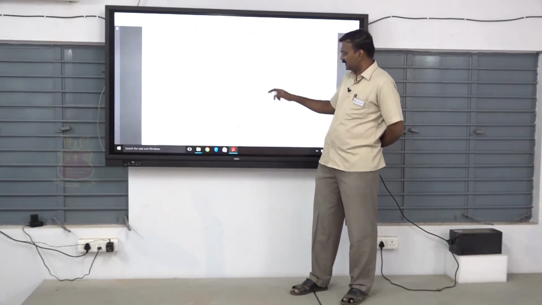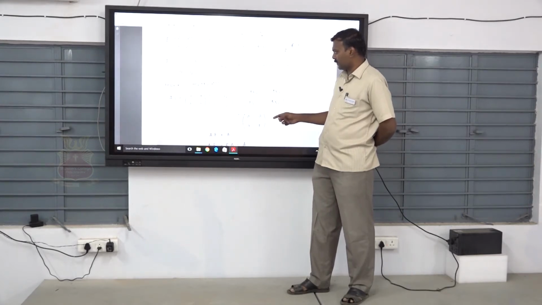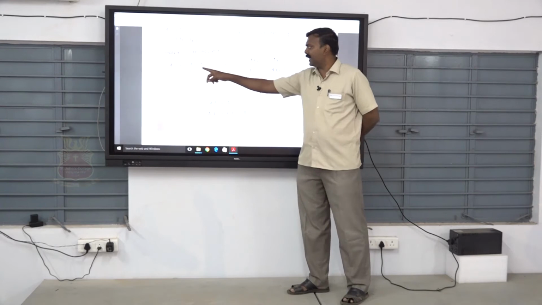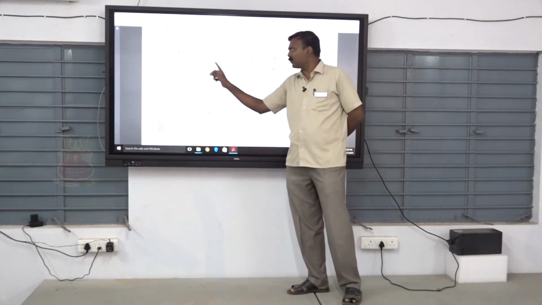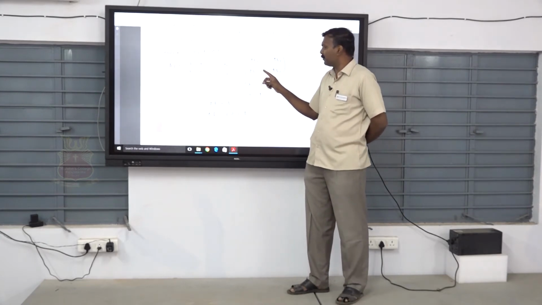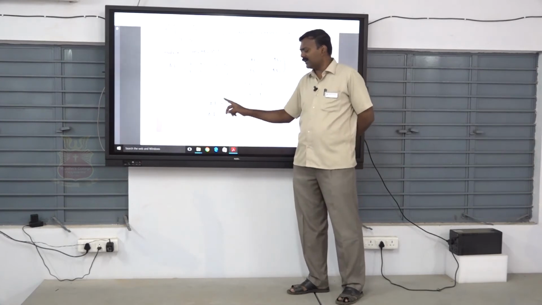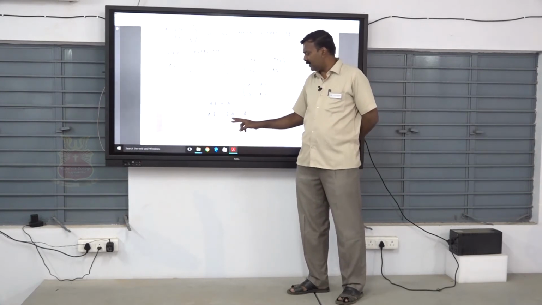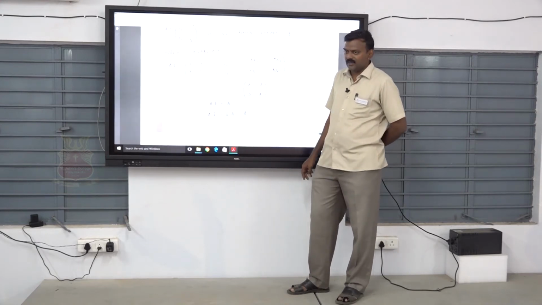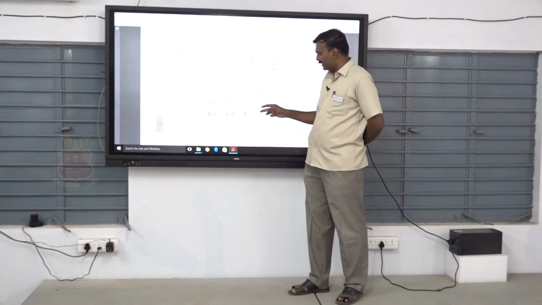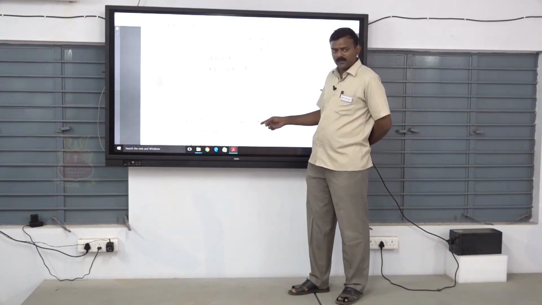Then the next condition is inverse. First, to verify the identity, take A, then 1 by 2, 1 by 2. Then we multiply A into 1 by 2, A into 1 by 2, then 2A by 2, that is the answer A. So therefore A dot E equal to E, same as E dot A also A. Therefore A dot E equal to E dot A equal to A. That is the identity condition. The next condition is inverse.